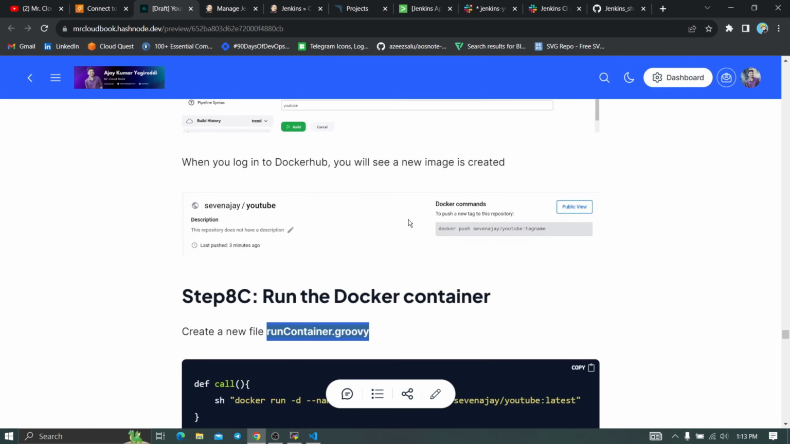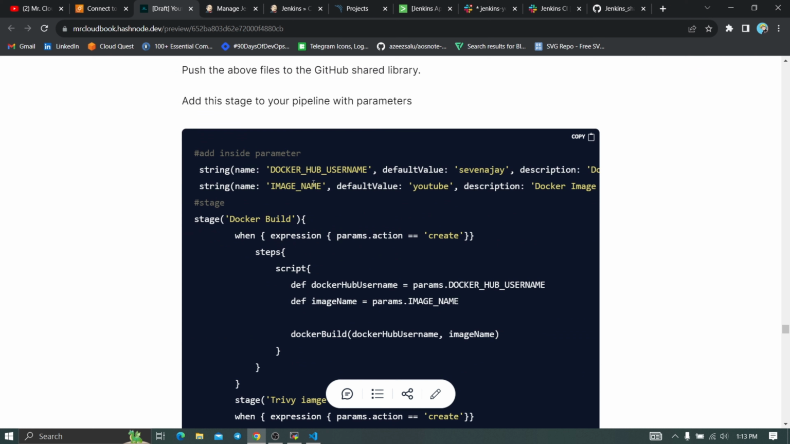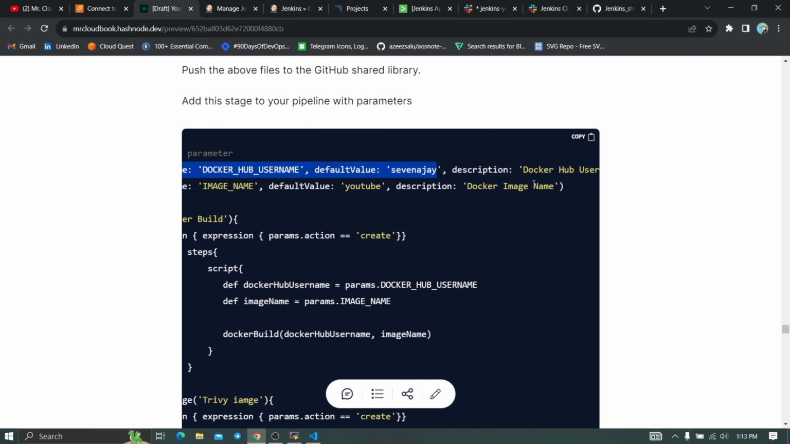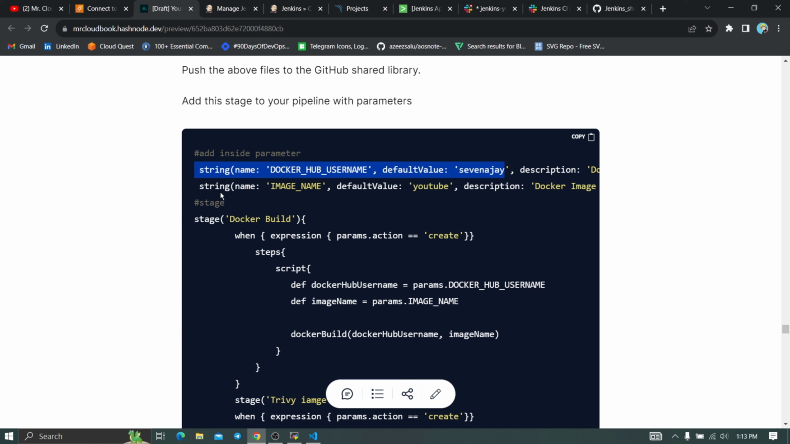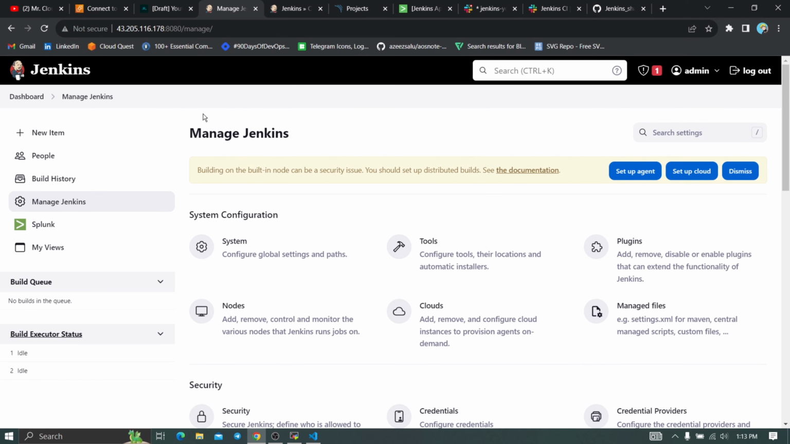Meanwhile, go here, and we didn't define our username and image name, right? That's why we are adding the string here. So it will take the username as 7 as a. We are defining the string name inside the parameters, so whenever we want to change any names, we can directly change them over there. Let me copy this one and go back to Manage Jenkins and come to the dashboard here,